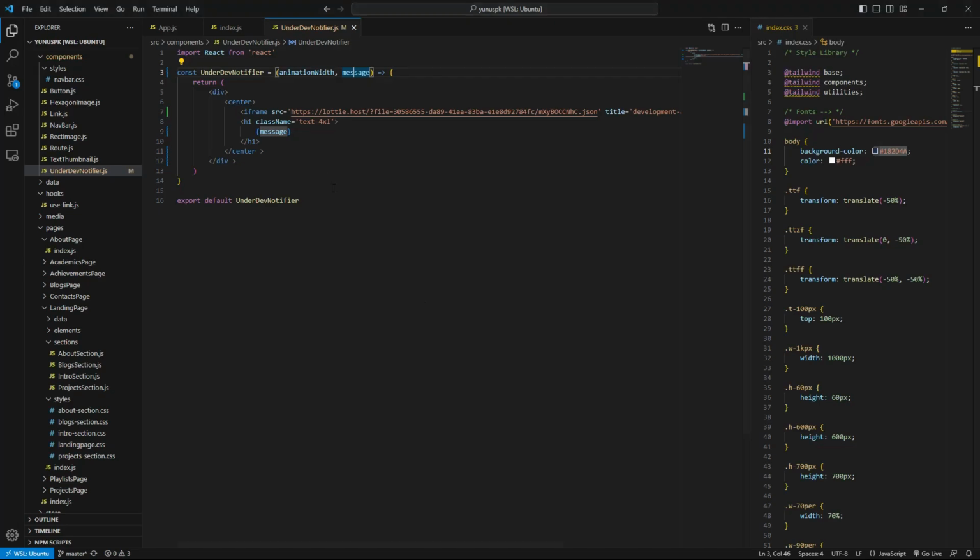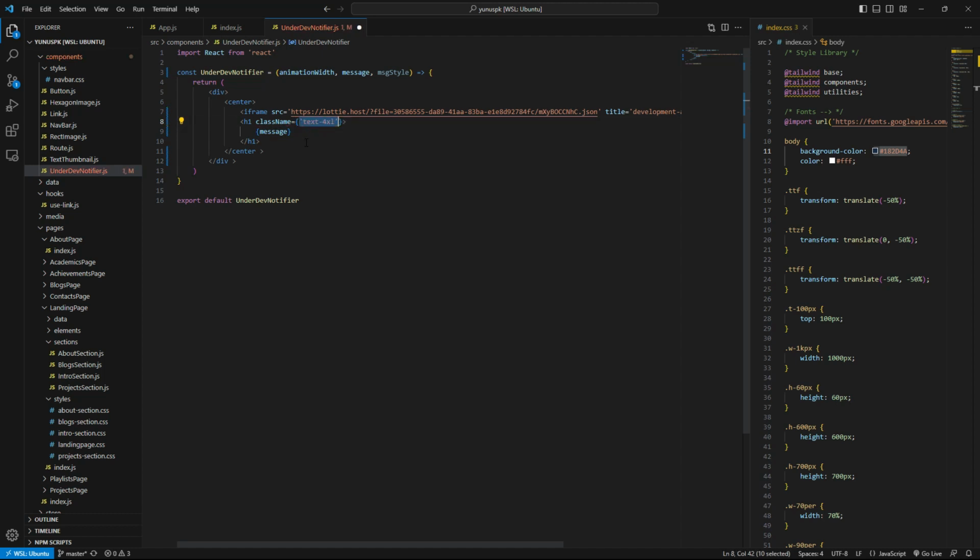Is there anything else that we need? The text, probably the font size or anything. Okay, we can have style, like message style, but there's no point, I guess, for getting message style. Okay, let's just get it.